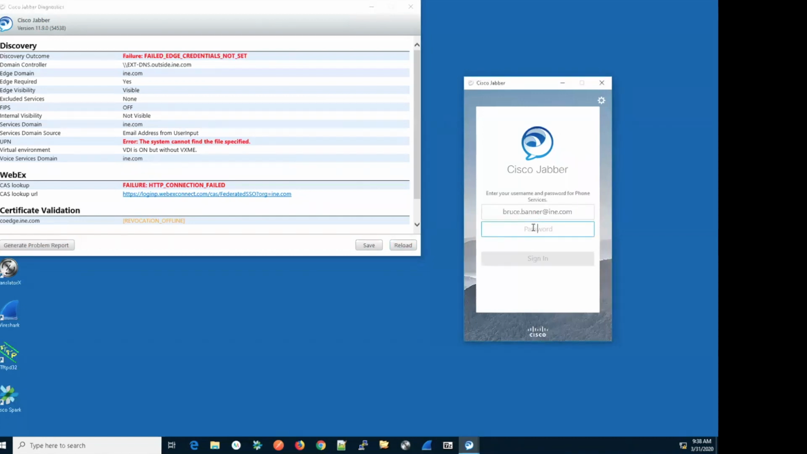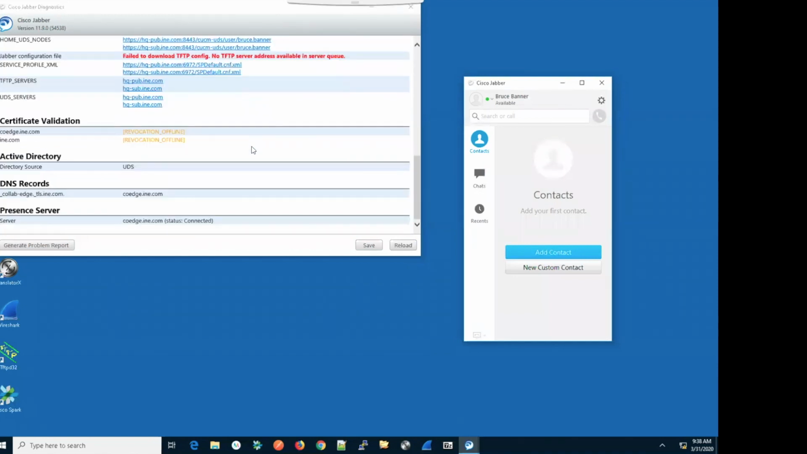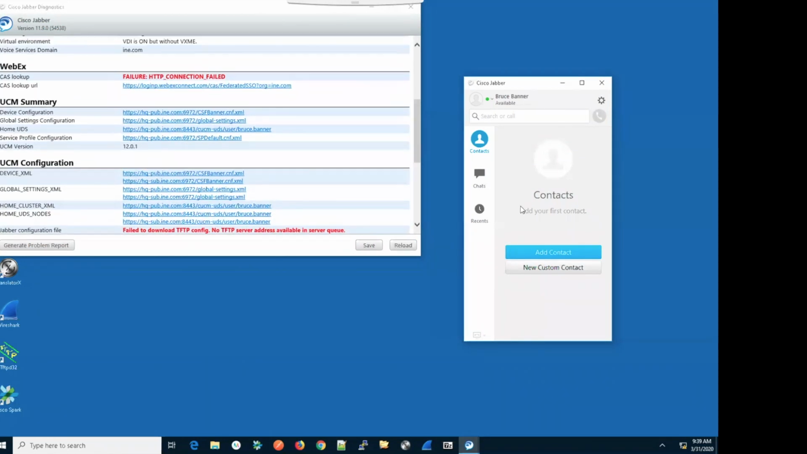Asking me for a password. My password was Cisco. And I was able to log in. I don't have any Jabber configuration file, but that's okay. It says present server connected. Status is connected. I should get my